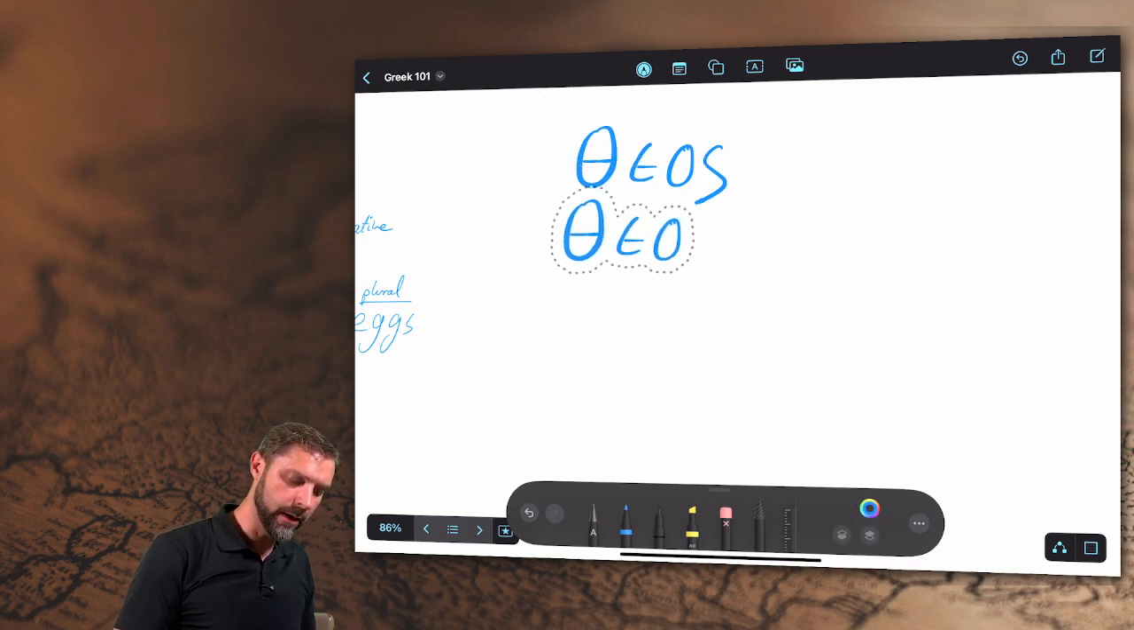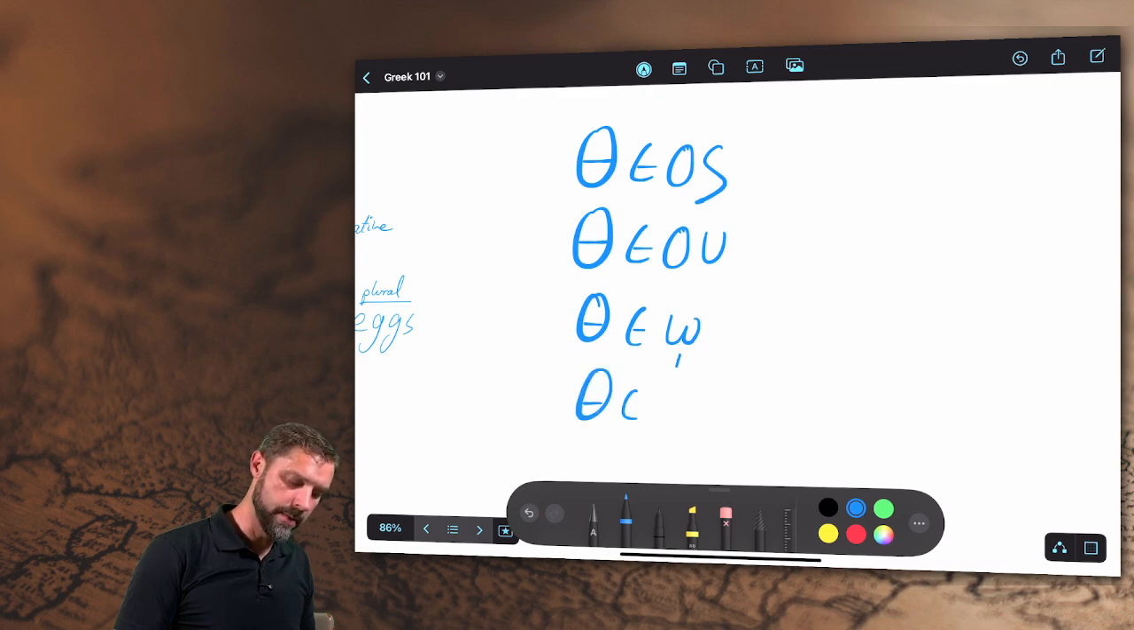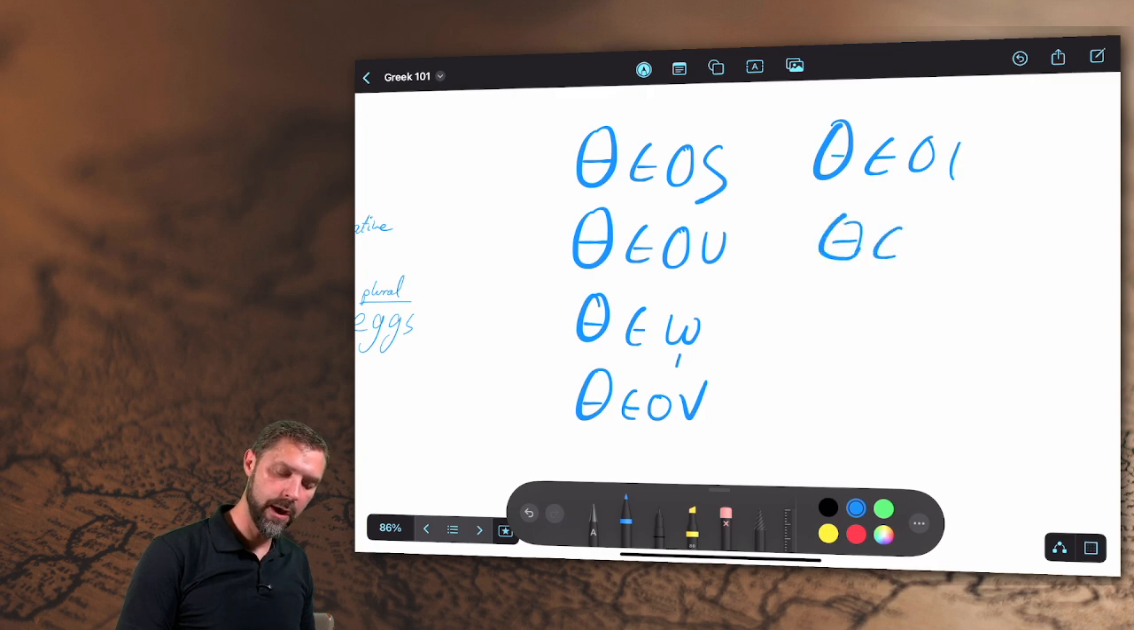I've got theos, and I'll do theou. Maybe I'm not saving myself much time at all. Theos, theou, theo, and theon. Okay, os, ou, o, on. Coming across, I'm going to do theoi, theon, theois,